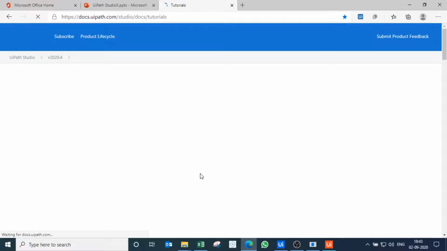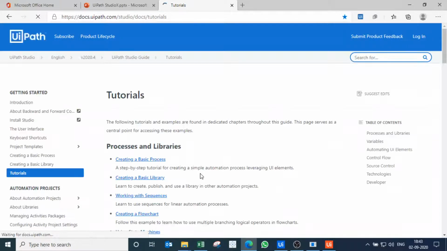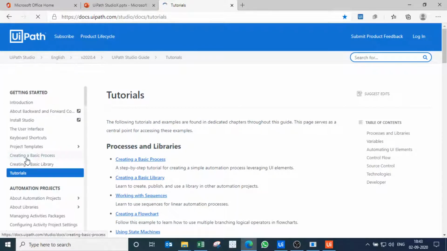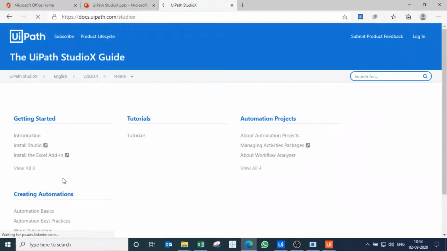So for further reading, you can go to the website. This is the website, and from there you can select UiPath Studio X, and it will show you the introduction, then installations, how to install Studio, how to install Excel add-ins and other things.